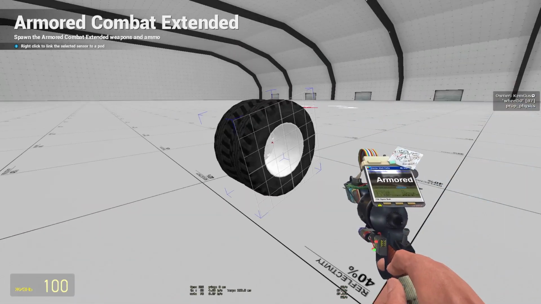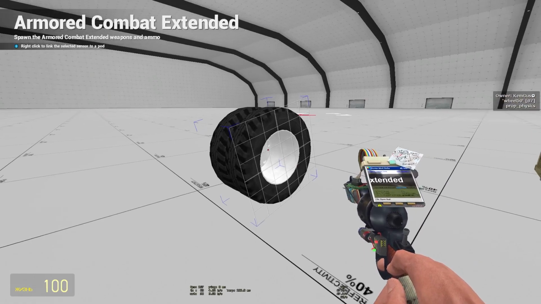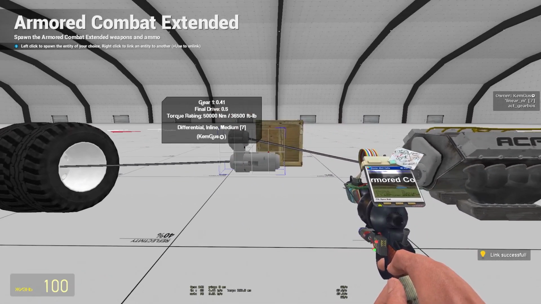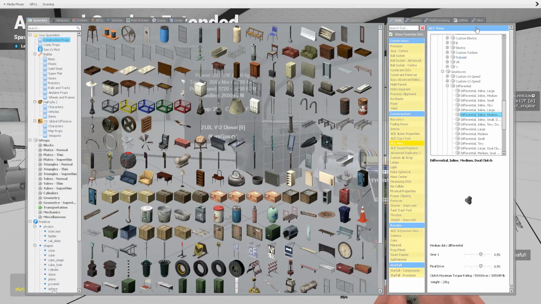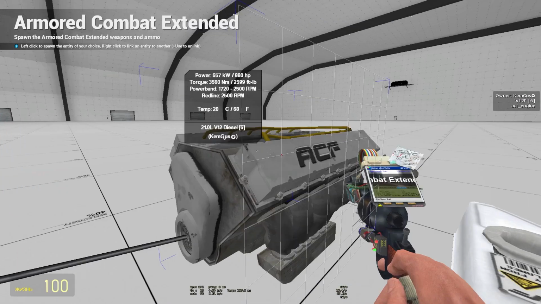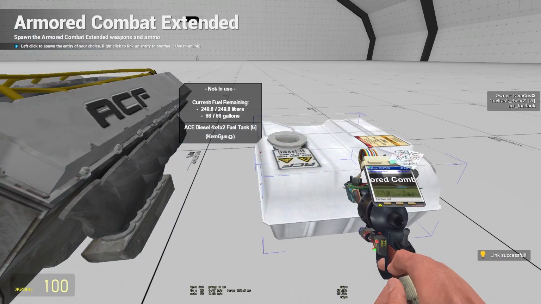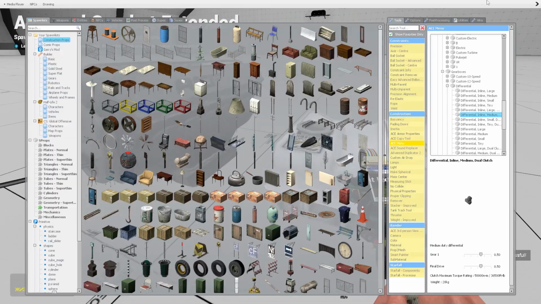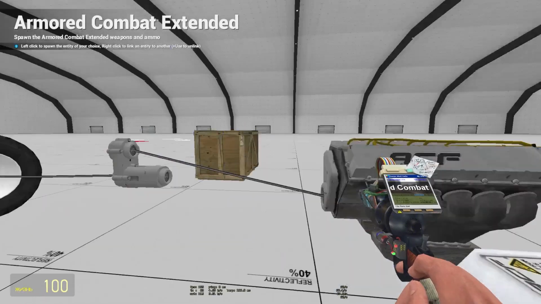And now we'll link gearbox to the wheel. Alright, now the setup is done. Now we need to link engine to the fuel tank. Pretty much the same thing. You just right click to an entity to another. Okay. Now we're gonna make it